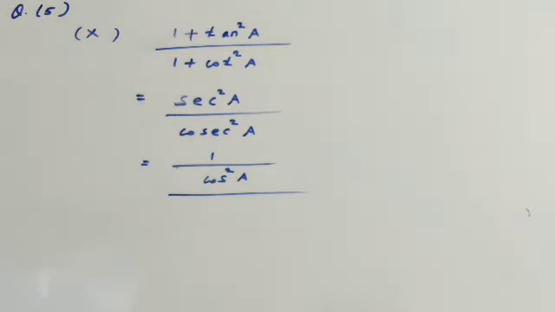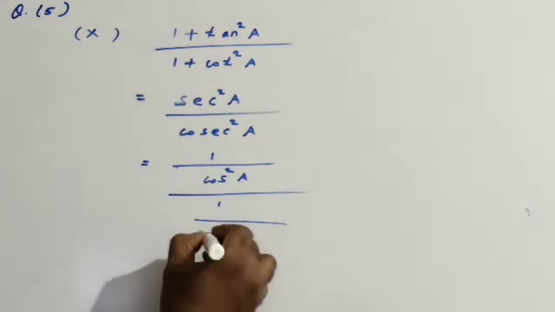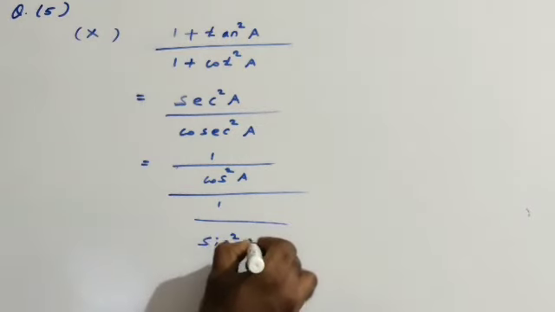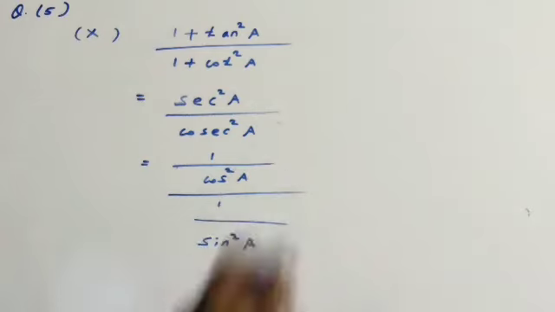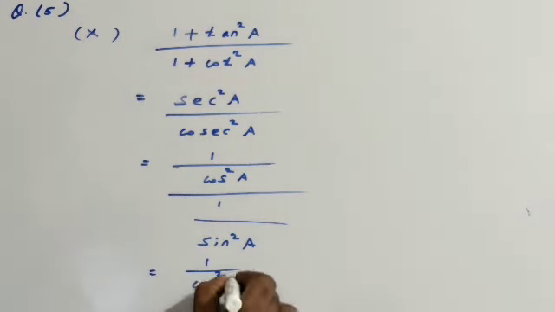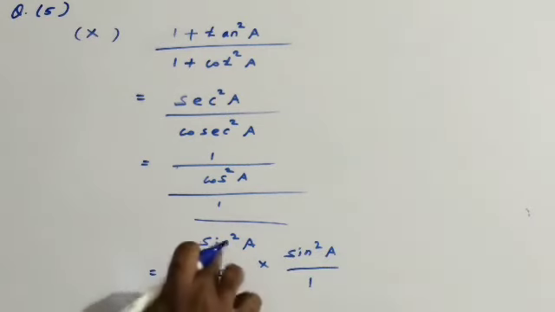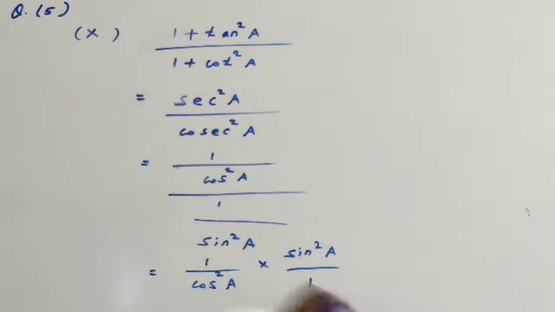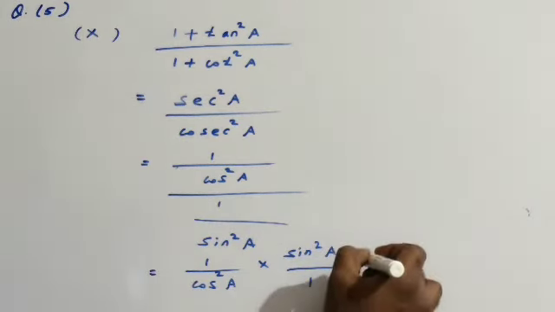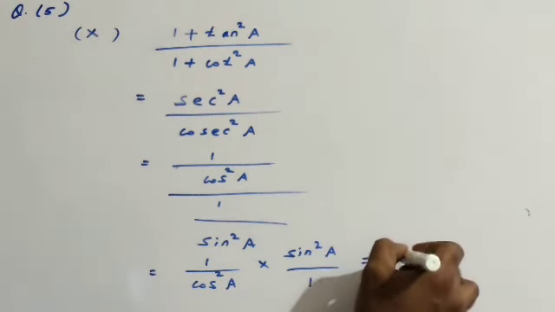1 by sin theta equal to cosecant theta. So 1 by sin A is cosecant A. 1 by sin square A gives cosecant square A. Instead of cosecant square A, we can write 1 by sin square A. Now this is a fraction and also in the denominator fraction, so it becomes reciprocal. 1 by cos square A into sin square A by 1. 1 into sin square A, sin square A. Cos square A into 1, cos square A. So we get sin square A by cos square A. Sin theta by cos theta equal to tan theta, like that sin square A by cos square A, that is tan square A.